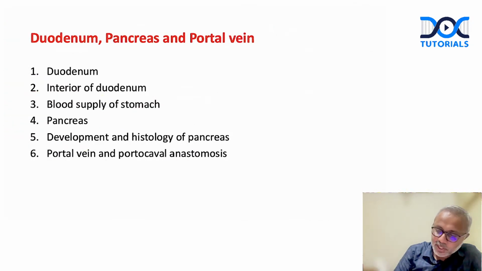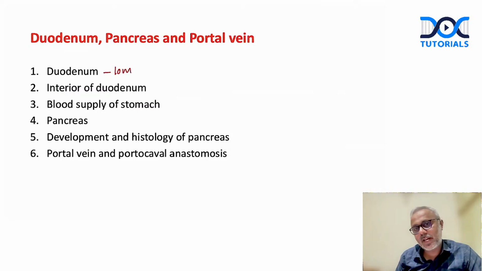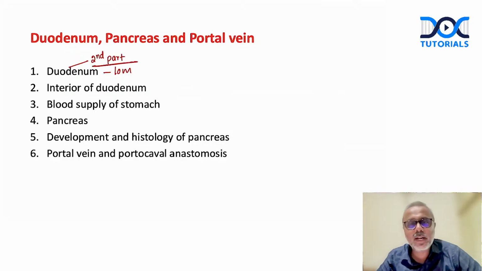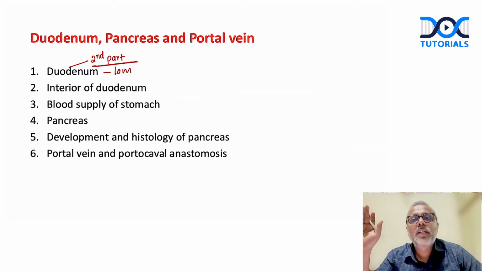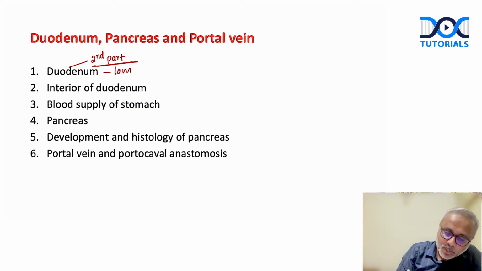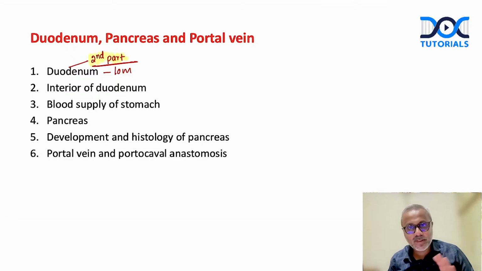Then in the topic of duodenum, of course, this is a 10 marker, right? No question. Duodenum is a 10 marker. Even in this, my money would be on the second part of duodenum, right? Very favorite topic of examiners again. Most of them tend to ask about like list the parts of the duodenum, define the parts of the duodenum, and describe the second part of the duodenum in detail. That's how the question is usually framed. So ensure that you have gone through the details of the second part, right?